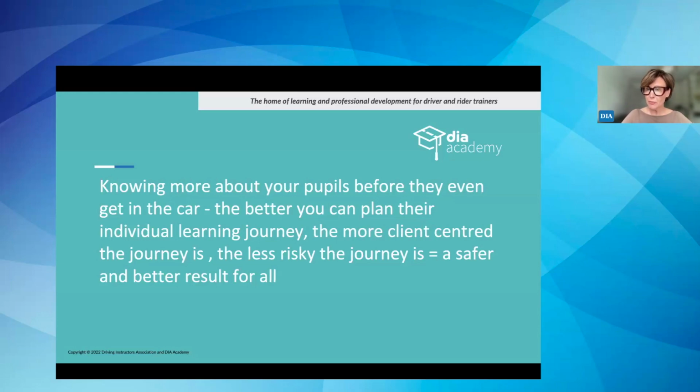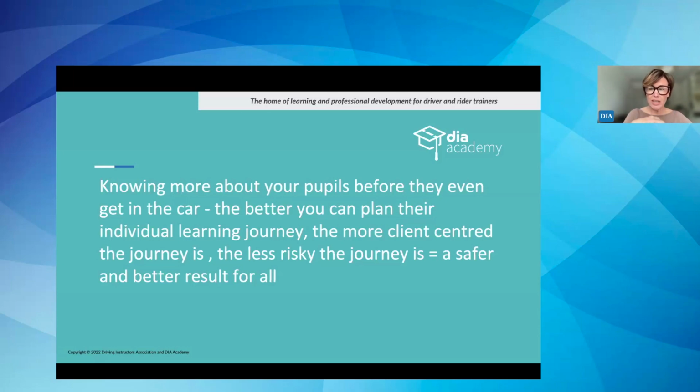And the more knowledge you can gather beforehand, the more that can expedite the design of their individual learning journey and make that time in the car more worthwhile for you and the pupil. When the pupil gets in the car, they've generally got an expectation they're going to be driving the car. If they are sat by the side of the road whilst you gather information, and I'm not saying this is everybody's practice, some of you do this already, the pre-knowledge bit, but sometimes people do get frustrated because there is so much chat that happens before they set off for the first time. Necessary chat in terms of the briefing, but maybe arguably unnecessary sometimes if it's gathering information about the pupil that could have been acquired before they even get into the car.